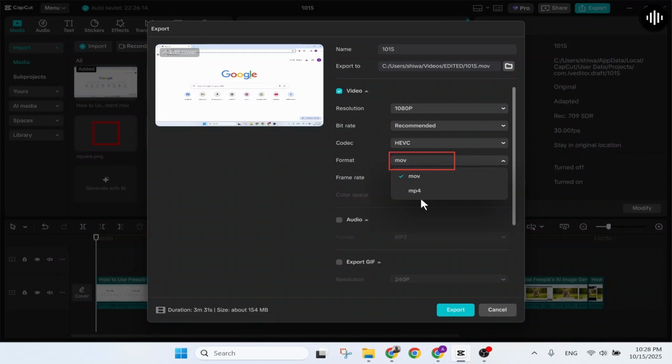And for the format, you can choose MP4 or MOV, it does not matter. And for the frame rate, you can keep it at 30 FPS. Then finally, tap on the export button and the export should begin. And you can see the file has dropped down to 154 MB, which is a lot less than what it was before. And that's how you can compress your